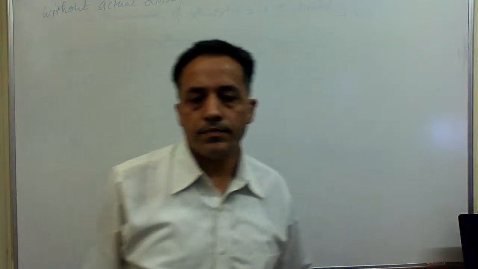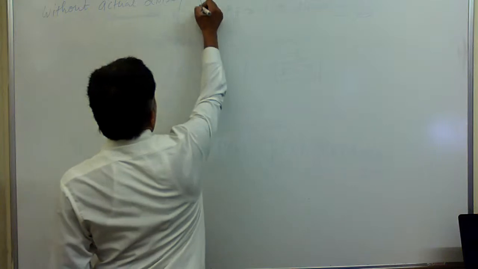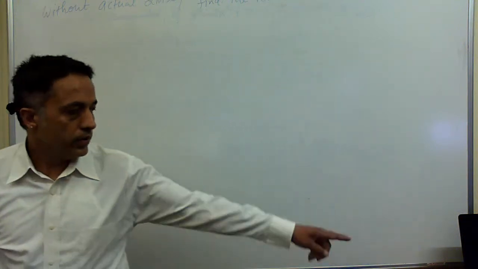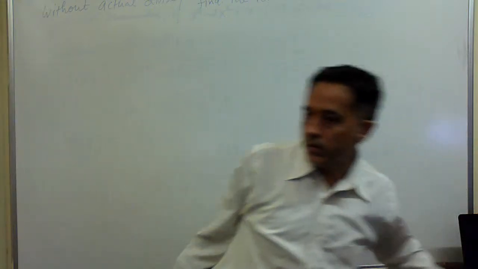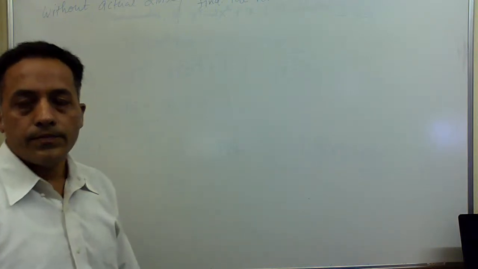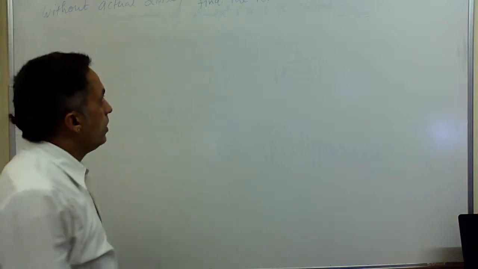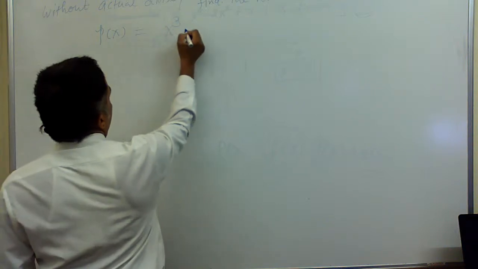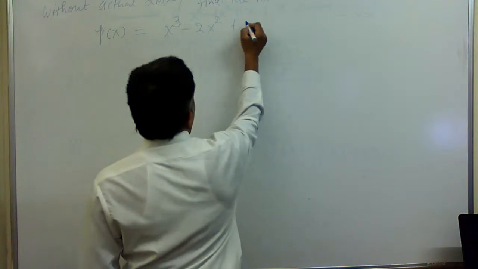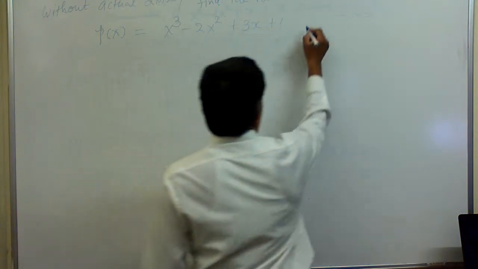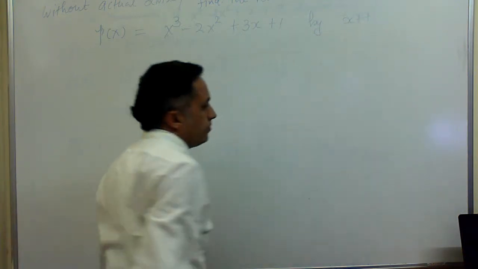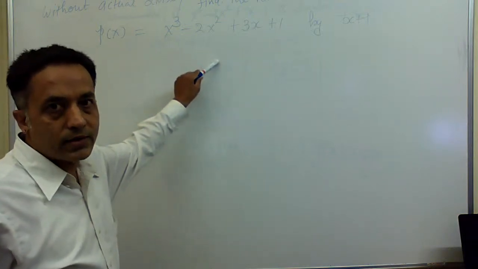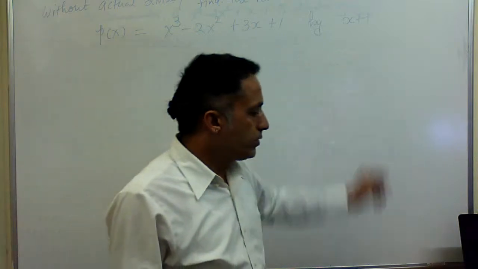Without actual division, find the remainder of polynomial x cubed minus 2x squared plus 3x plus 1 when divided by x plus 1. When we divide the given polynomial x cubed minus 2x squared plus 3x plus 1 by x plus 1,